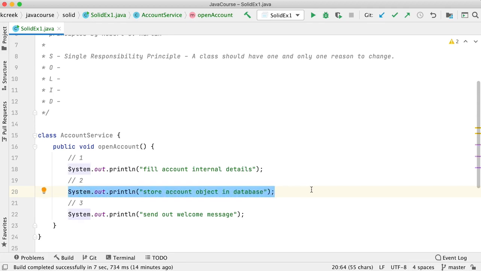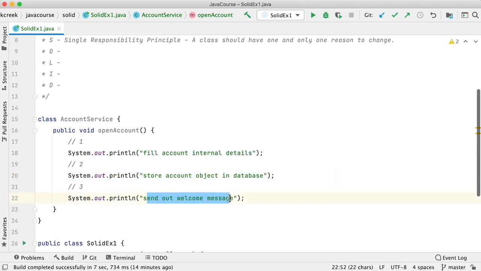You may be storing it in a database, and again, what sort of database comes into the picture? Based on that, your queries will change, your insertion logic will change, and all those things will change. So bringing that entire stuff into AccountService is not a good idea. At the same time, there's sending out notifications, the welcome message. It again may change and may depend on several other factors. You may be sending out an email, or a push notification to a mobile. It could be anything. Bringing that intelligence into AccountService is again quite too much as far as AccountService is concerned.